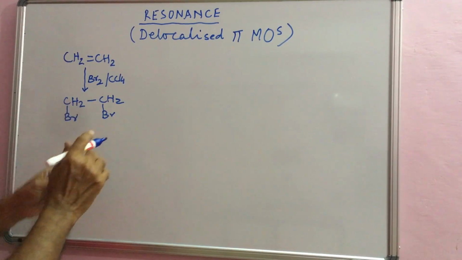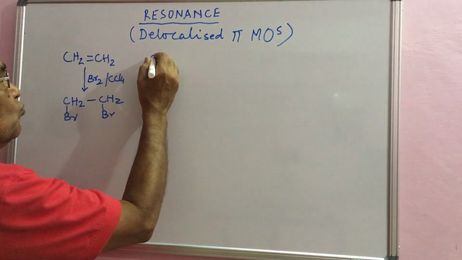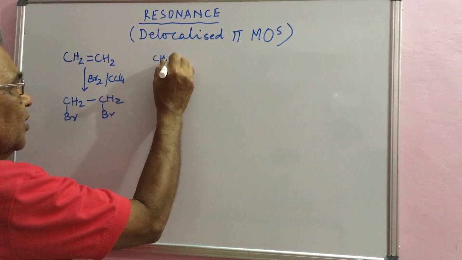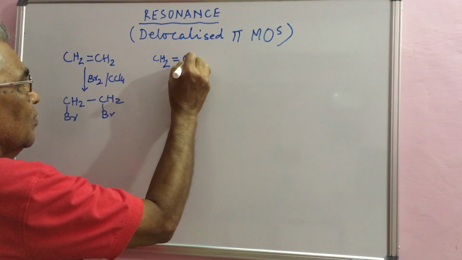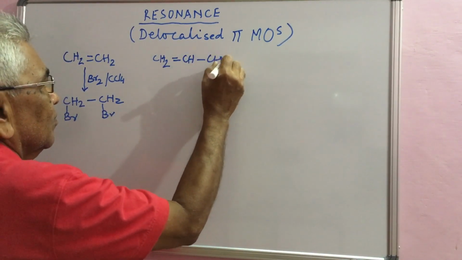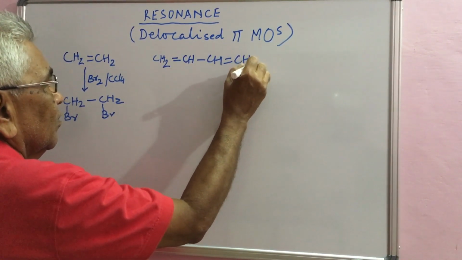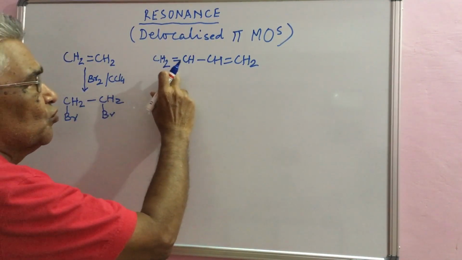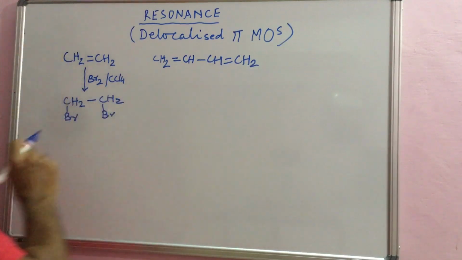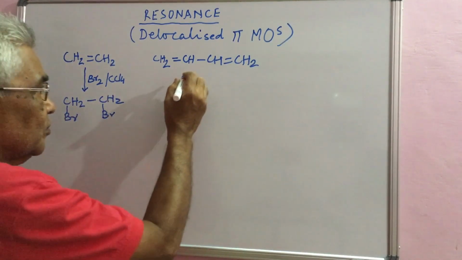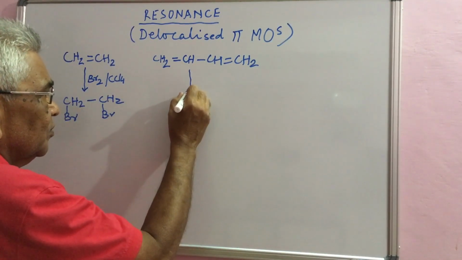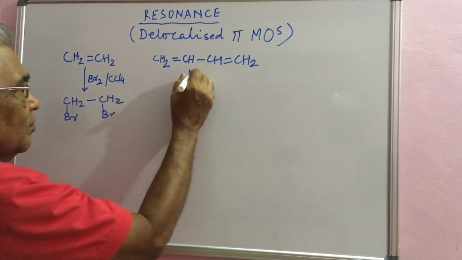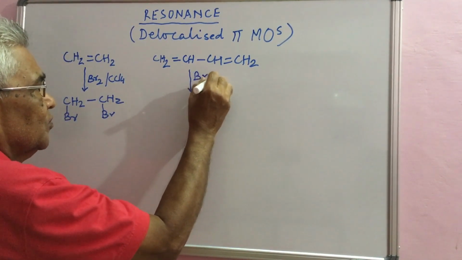But if you take butadiene, which we may write as this, actually known as butadiene 1,3, and you add bromine to it in the same medium,